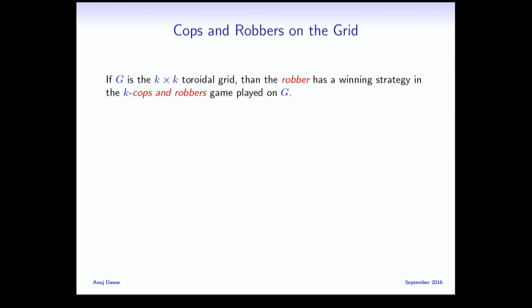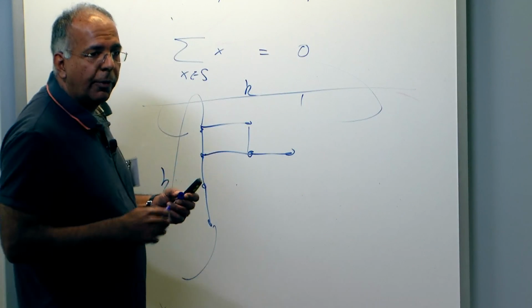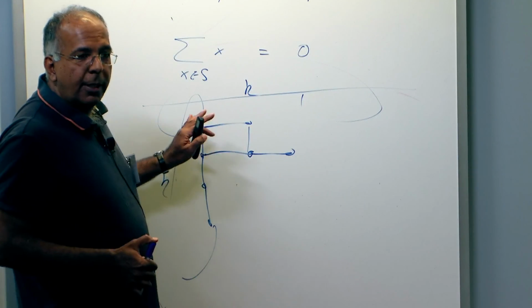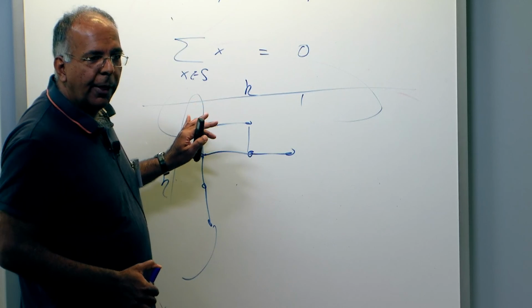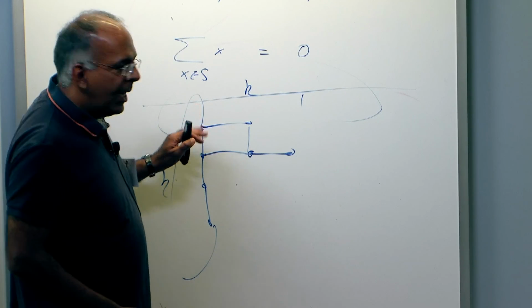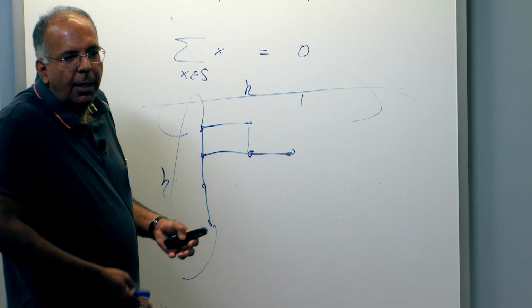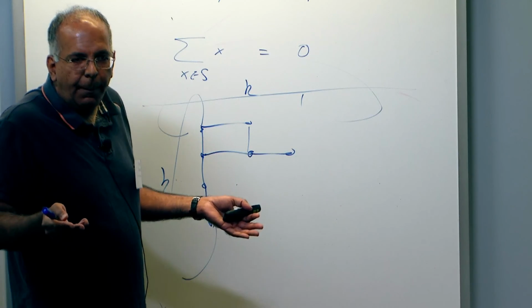So I'll give you just an example, because all I need is one such graph. And the graph I chose is the k by k toroidal grid. What do I mean by this? I mean a grid which is k by k. And by toroidal, I just mean we also have edges which go around. So think of this as embedded on a torus. And notice this is 4-regular, which is why I chose 4-regular graphs at the beginning. And once you have a k by k grid, this has tree width greater than k.